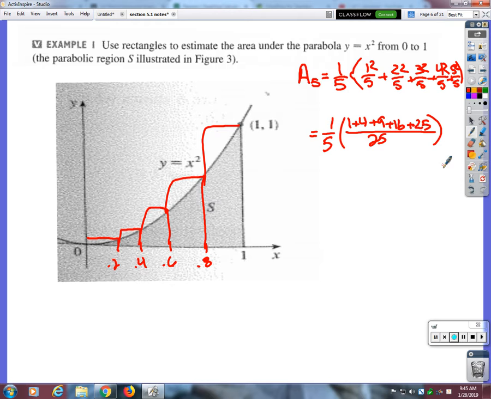Okay. So then if I add those together, I get, let's see, 20, 30, 45. Is it 55? Did I do something wrong? Oh, yep, you're right. Okay, so 55 over 25, and 5 goes in there 11 times, so that's 11 over 25, which now I'm going to go back to decimal land, is 0.44. Okay? Because 5 goes in here once, 5 goes in there 11 times. Okay? All right, let's try another number of rectangles